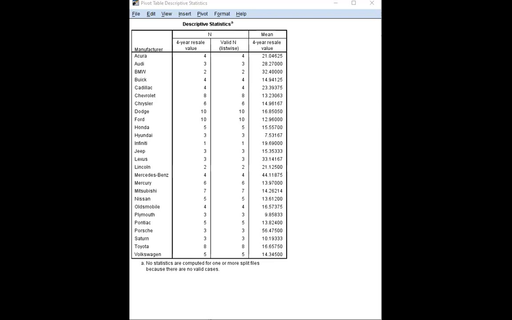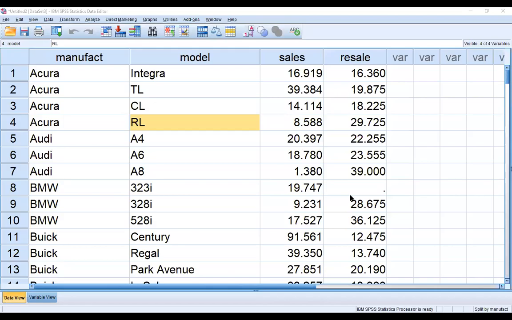No, no, please, I'm just sharing the slide. So my purpose is to impute the mean value. Now, here is the mean value of BMW. Can you see this slide? The missing value, that is 32 point, yes. In the BMW, it is 32.04. Then how to impute the mean value manufacturer wise?